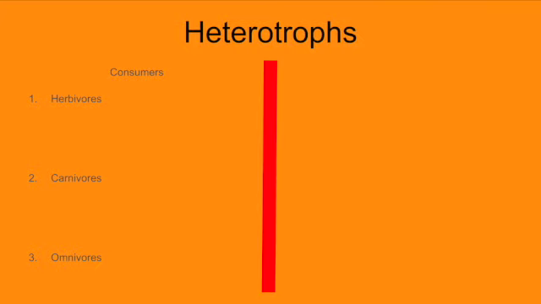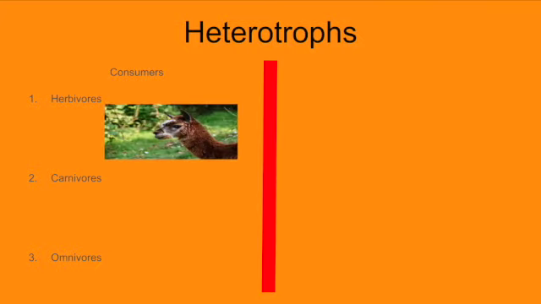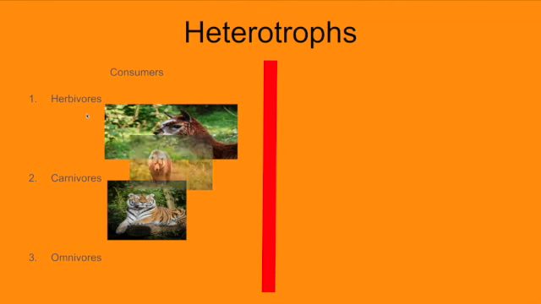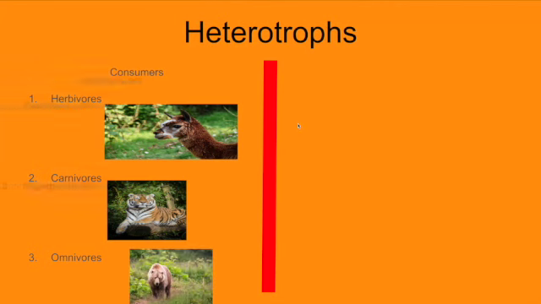Next, we're going to get into heterotrophs. Again, two different kinds of heterotrophs. While both are considered a type of consumer, we have your standard consumers, which are your herbivores, your carnivores, and your omnivores. Next, we have our decomposers, where you have your detritivores, which feed off the dead, like if there is something that's been hit by a car, the organisms that would feed off and decompose that dead animal would be a